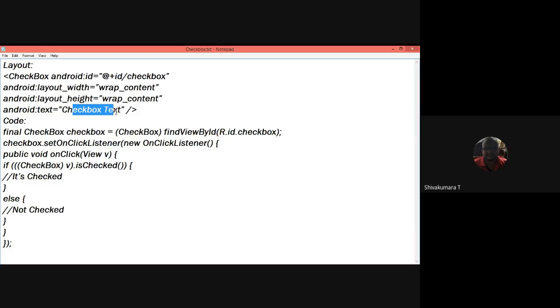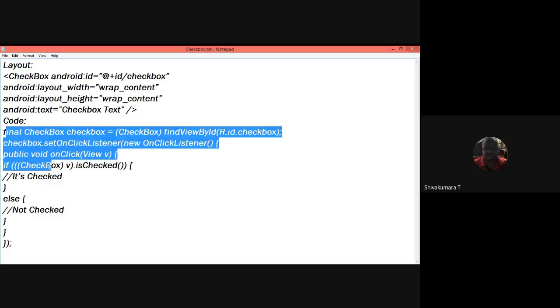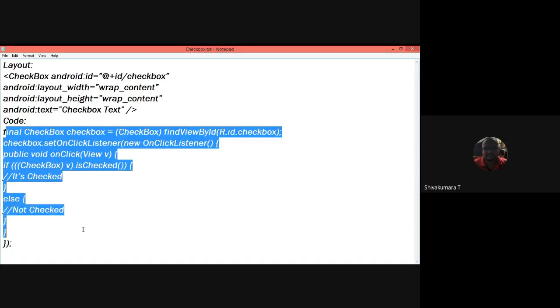Your favorite is the text of the checkbox. Below that you need to specify which one you selected. For example, this code you need to write in the .java of that GUI layout.